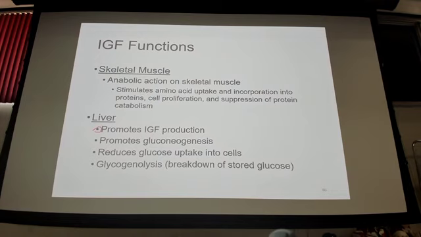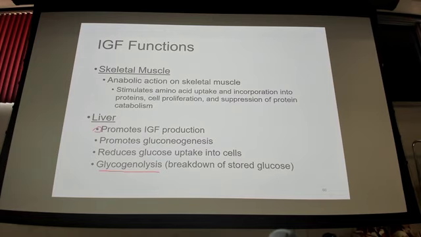And then what are all those things at the bottom? Gluconeogenesis, reduced glucose uptake into the hepatocytes, and glycogenolysis. What do they all have in common? Increasing blood levels of glucose, right? Gluconeogenesis, making new glucose, okay? Generally hand in hand with glycogenolysis. Have you guys had any of this in biochem or anywhere else yet? All right, here we go.